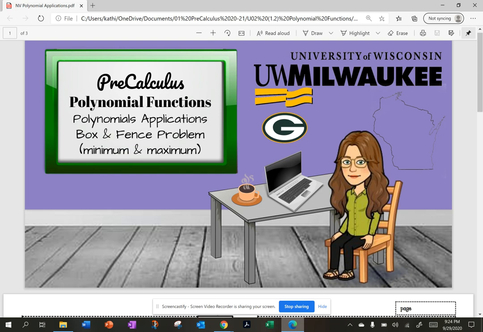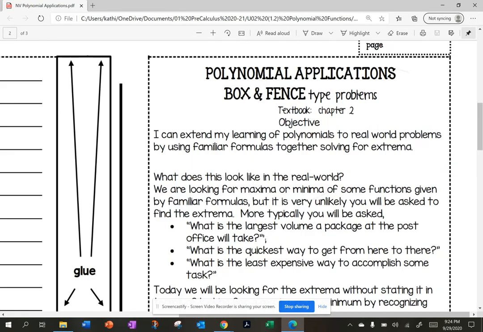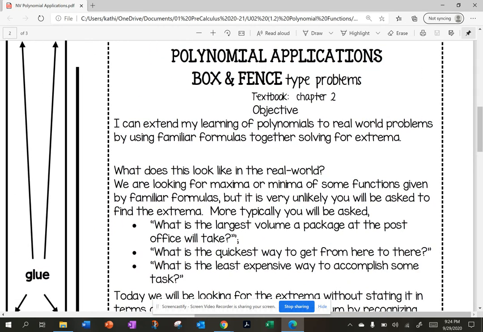Today's lesson is polynomial applications. These are box and fence type problems. So our learning objective for today is I can extend my learning of polynomials to real world problems by using familiar formulas together for